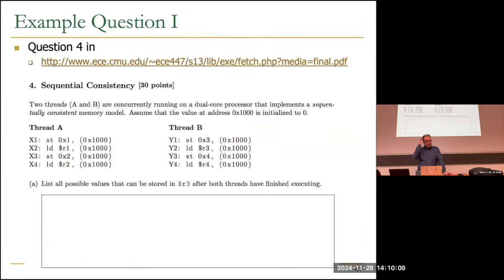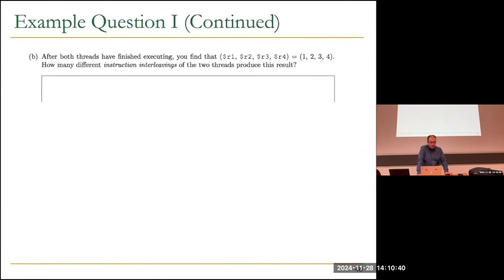And you know that when we have sequentially consistent model, we might have actually, and we do have actually a lot of interleaving across memory operations. The only thing is that these orders are the same from the perspective of thread A and thread B. So that's the only thing here. But we might have, and we do have a lot of orders. So depending on each order, you might have different values for register 3. So you can practice on it, of course, at home.